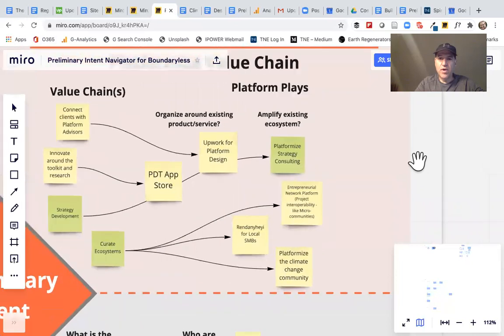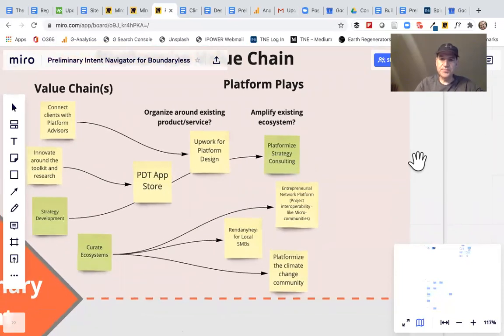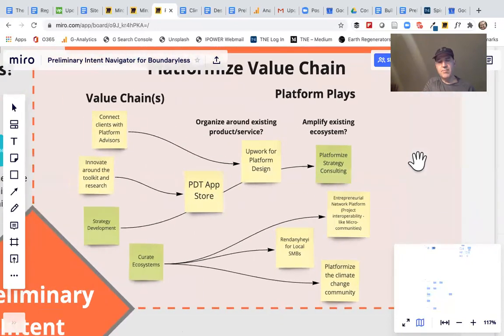An idea here around creating an entrepreneurial network, or basically broadening the interoperability of micro enterprises or micro communities from the higher example. And then the last one is perhaps having something very focused on a social cause like climate change. So those are some of the ideas that we came up with.